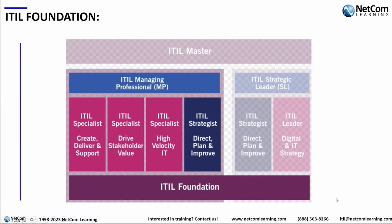All right, so in this slide I'm just going to give you a high level overview of the ITIL certification criteria. What does that look like and what are we focusing on today? So, very much at the bottom is your ITIL Foundation. It is a must have. You cannot do Create, Deliver, and Support without having an ITIL Foundation in place. So that is something everyone needs to pass in order to get to the managing professional path or